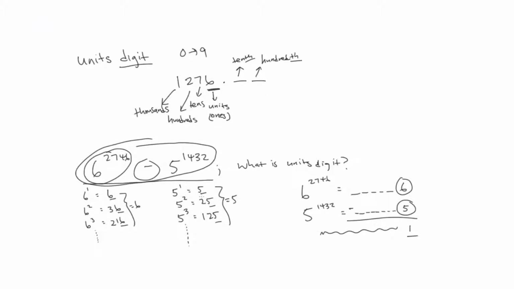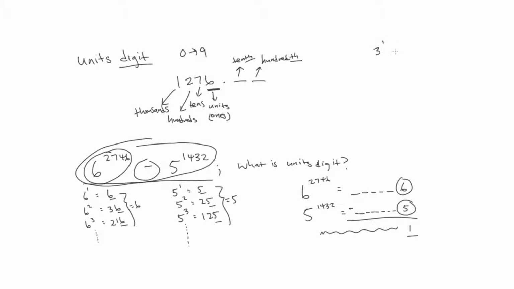And note that this isn't always the case. I gave you a specific example in which the units digit, in this case 6, is always going to be 6, and the units digit in this case is always going to be 5. But that's not necessarily true. In another case, for instance, if we have